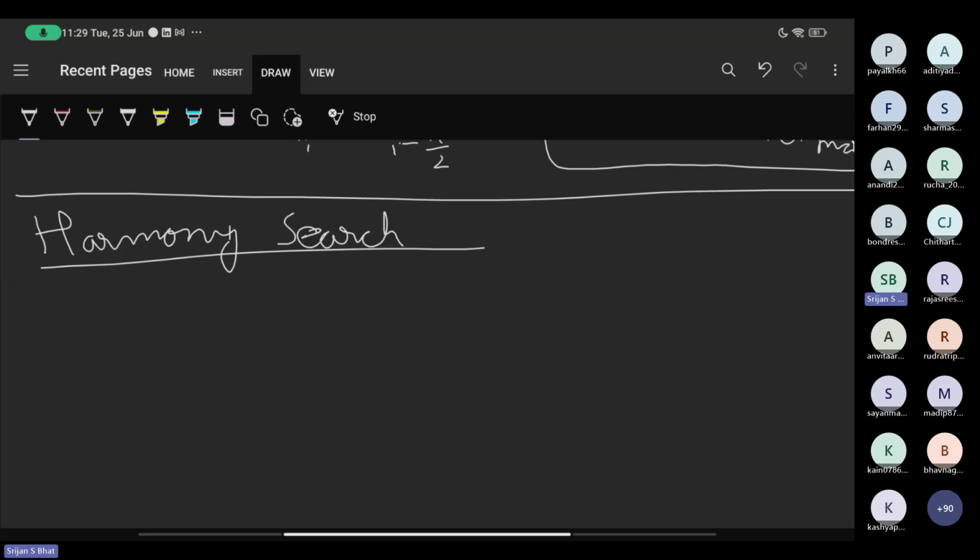It should sound good, right? That's the main idea behind playing any sort of music. Pitch is basically determined by frequency, and a musician will always try to get the best pitch out of his instrument. So how is an optimization algorithm inspired from music?